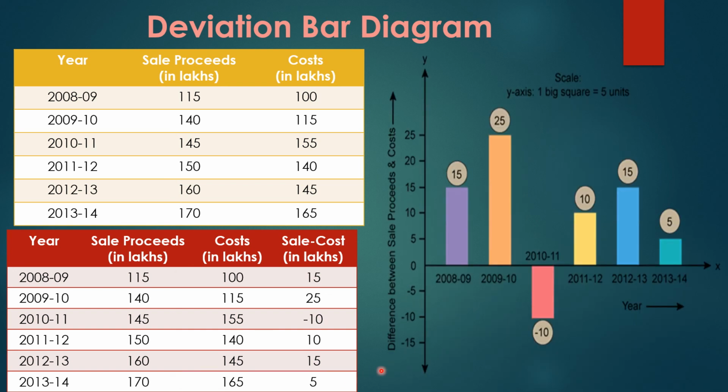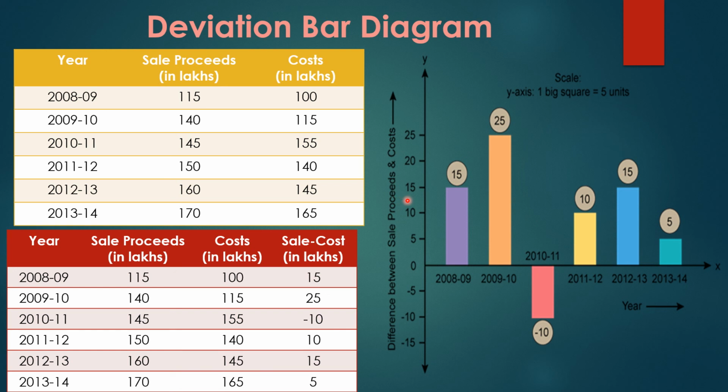Now how are we going to make the diagram from it? Let us take the first year as an example, that is 2008-9. The first bar here represents 2008-9, which is definitely a gain, so it will show the positive sign towards the upper part. One bar is drawn showing 15. The next bar will be 25, that will be drawn. Now minus 10 we are going to draw below the baseline, that is minus 10 over here. So what is the new thing we are doing over here? We are presenting the x-axis with positive numbers also and negative also.